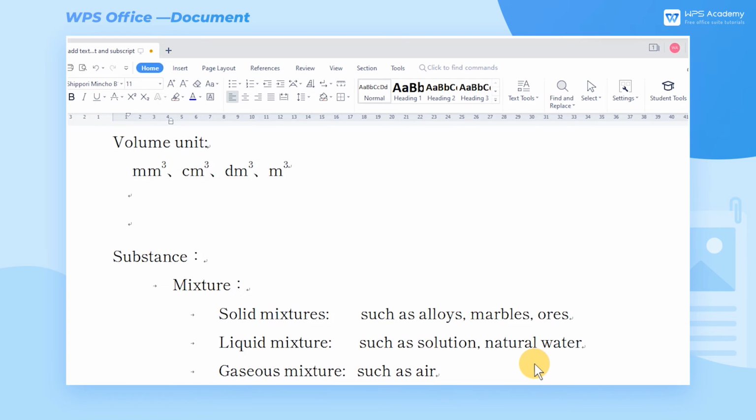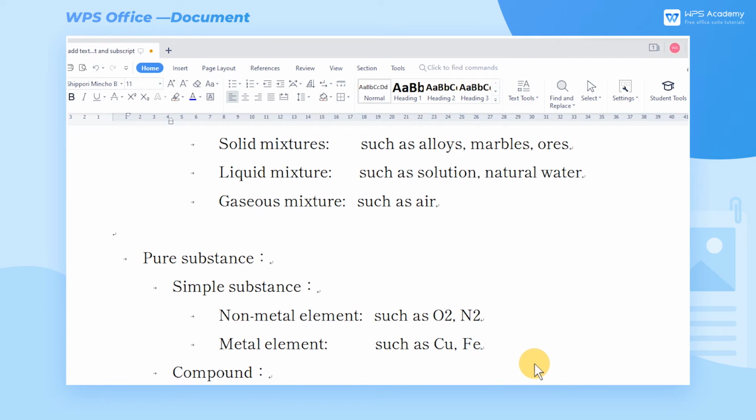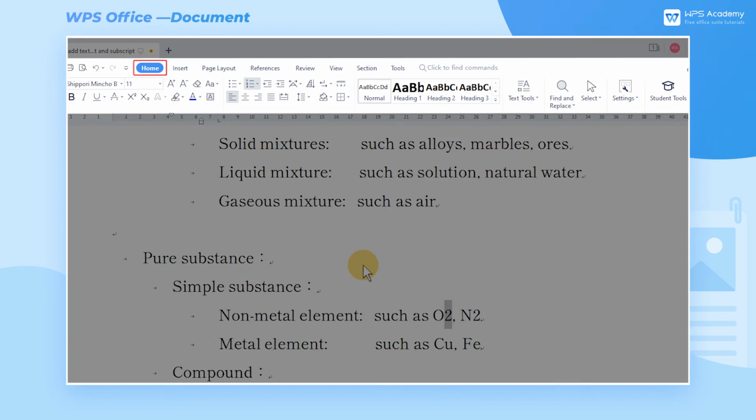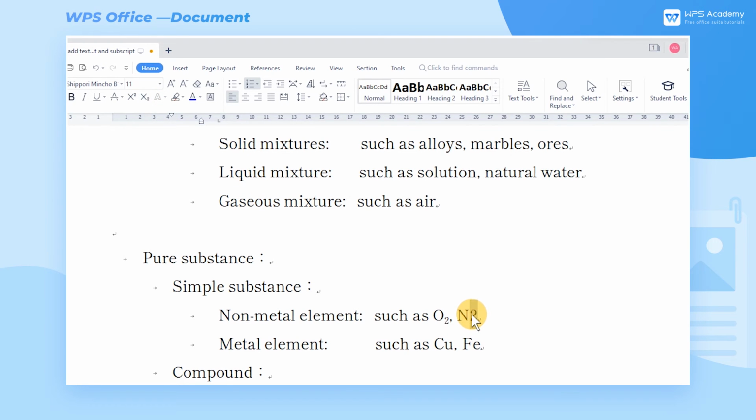Numbers in some chemical symbols need to be set as subscripts, such as O2, N2. Select the number 2 in O2. In the Home tab, click the Subscript button, or use the shortcut key Ctrl-Equals to set the number as a